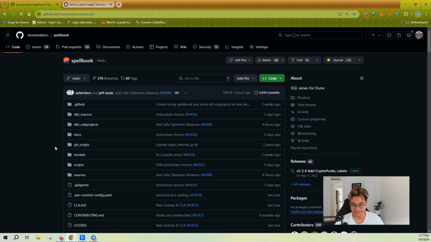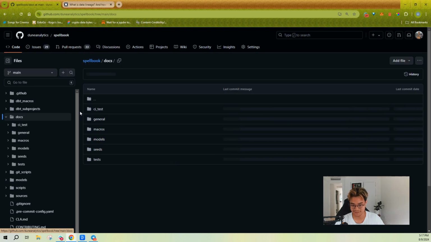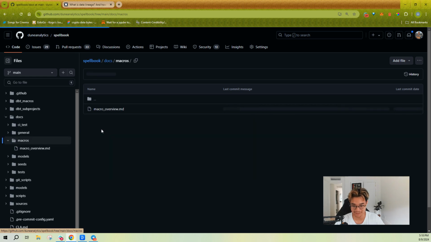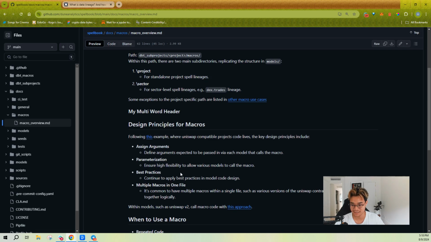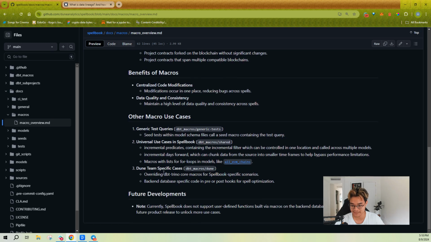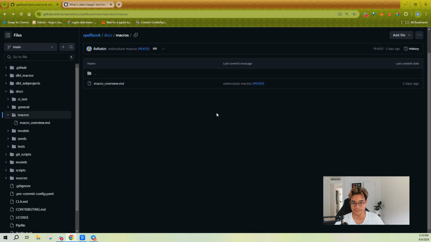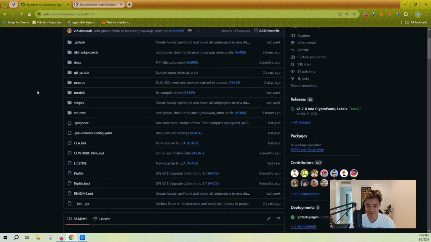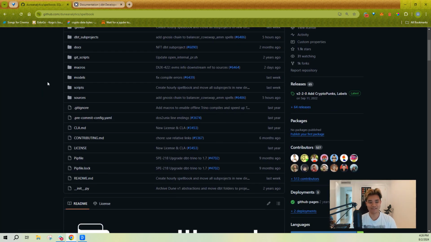If you want to better understand how we manage our lineages, macros, and models inside of Spellbook, I highly recommend you go to Spellbook and go to Docs, and then you can click into, for example, macros, and it's going to explain exactly what we use macros for in Spellbook. That might be a bunch of mumbo jumbo to you, but essentially you can think of it as